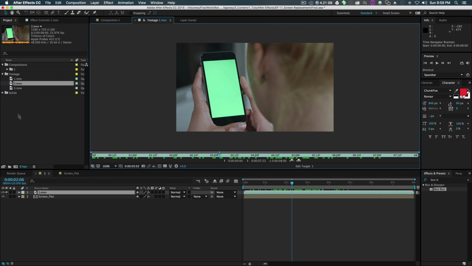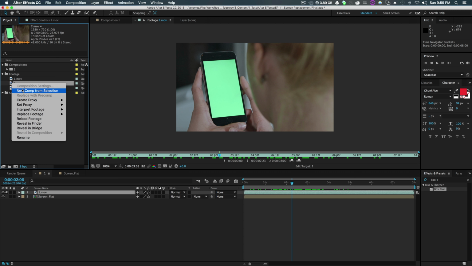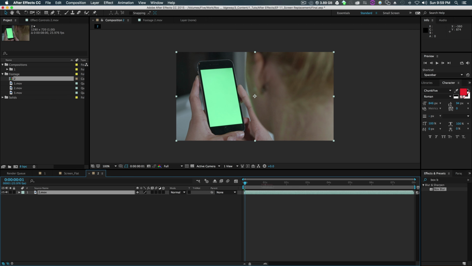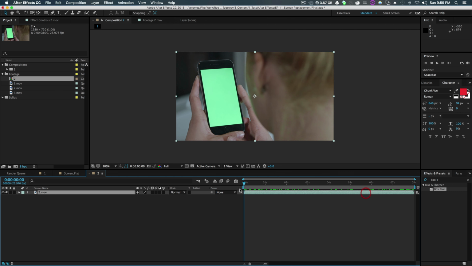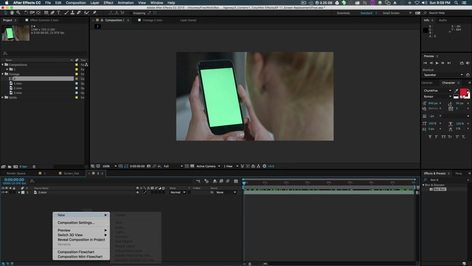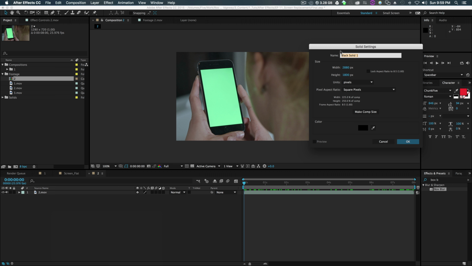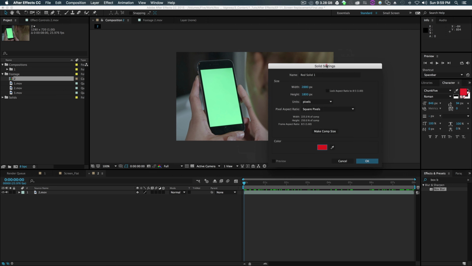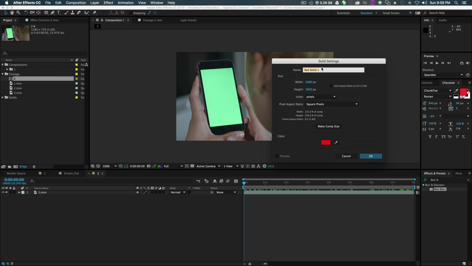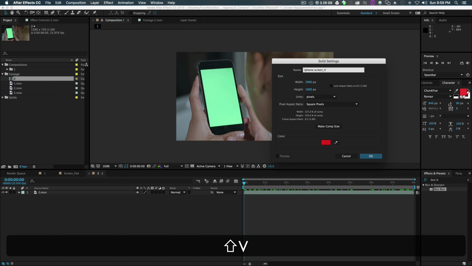So, right off the bat, we'll right-click, New Composition from Selection. This is an 8-second clip, so we should be good to go. I know this is an iPhone 6, so the first step is to create a solid. We'll right-click, New, Solid. Let's change the solid to, like, red, and we'll name it iPhone screen, phone screen,